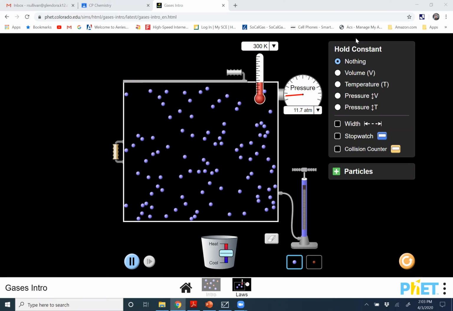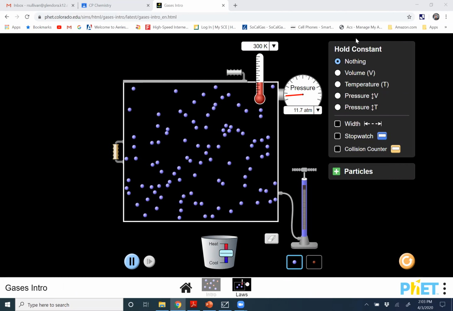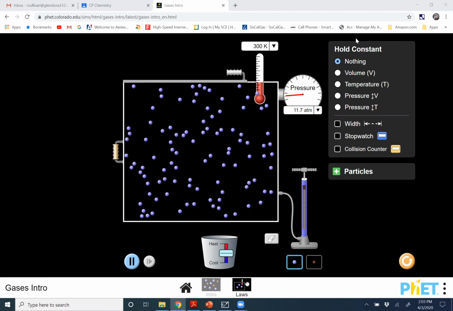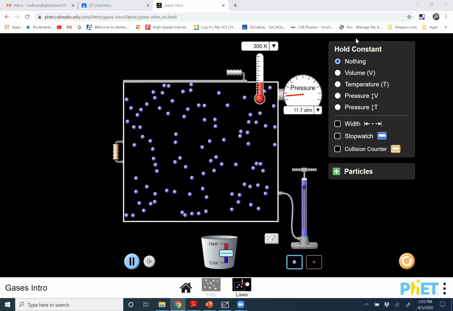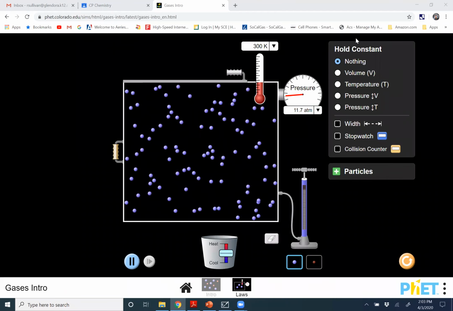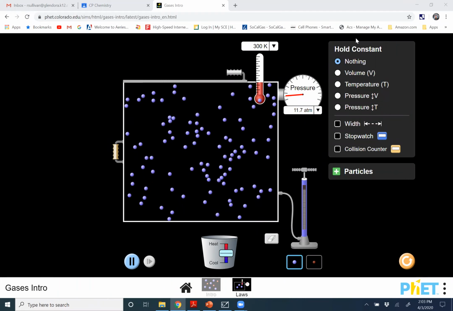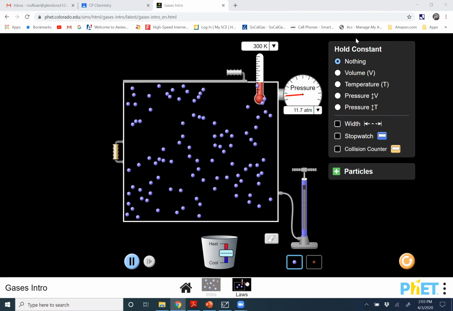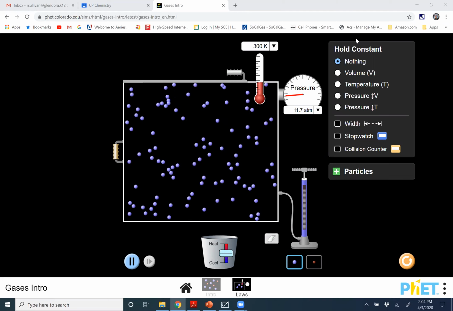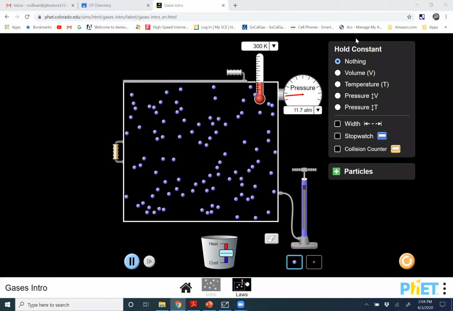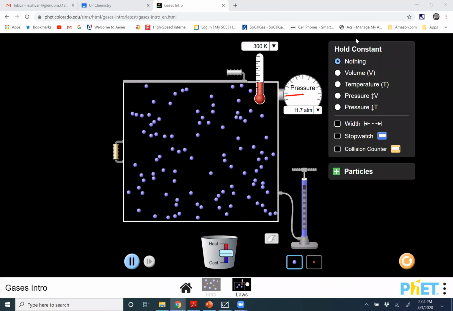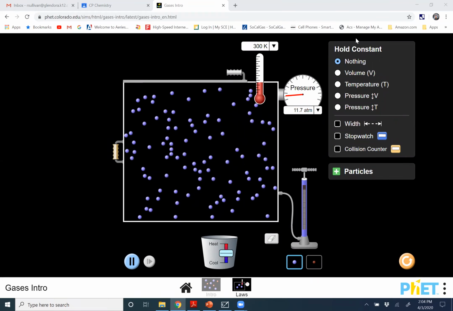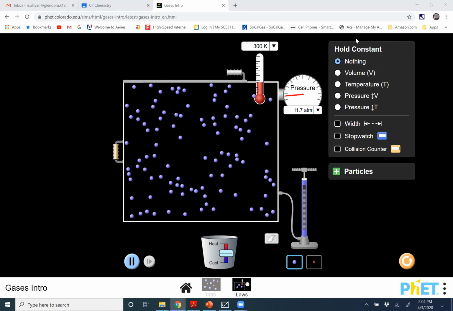the second session here. We're going to go over the gas laws. We're going to look at the properties of gases, how we measure them using their four measurements: temperature, volume, pressure, and amount, which is measured in moles. And we're going to talk about their physical relationships and how those are described in easy equations called the gas